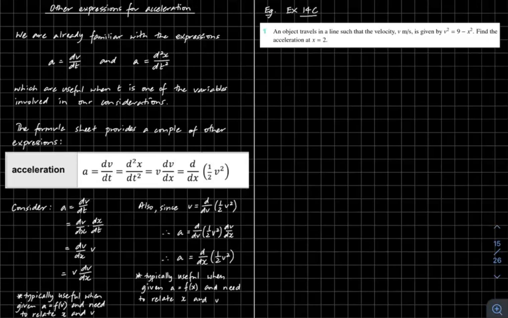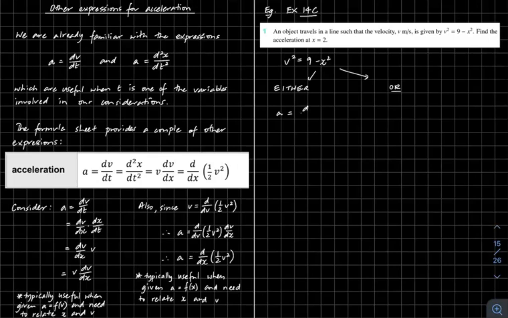So how could we go about doing this? Well, with this one here, you might say it doesn't quite fit into either of those typical uses because we're not given acceleration. So let's in fact see how we could use either of these in this particular case. So I've got v squared equals 9 minus x squared, don't I? So I'm going to show you we could go either way, and then we'll do an or. So either we could say